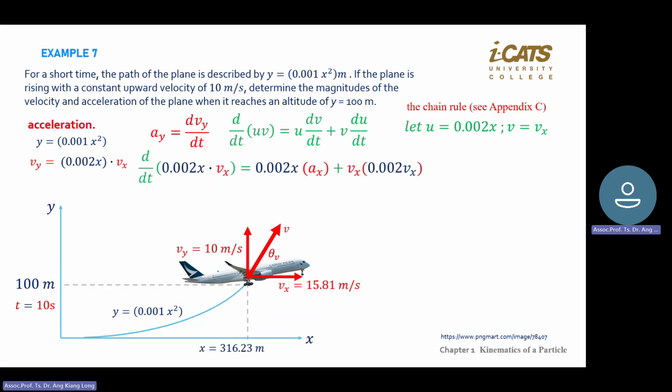Your dv dt, your v, is this one, your vy, and the chain rule is like this. Right, your u is this one. dv dt is your acceleration. And if you don't know the v, you just continue, write the vx. Right, v is this one. And then du, you continue to use your u here. Your du dt is